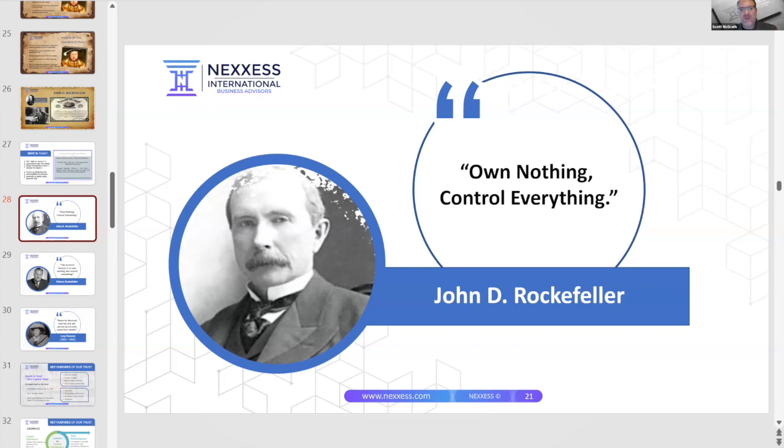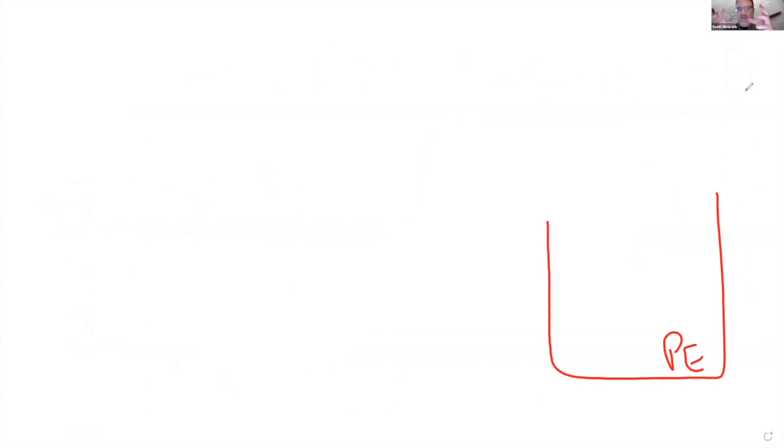Okay, I'm going to share my screen. I'm going to go over another concept I think is important for you to see. I'm going to draw out the personal estate. Remember, if someone died, anything they owned would fall into their personal estate, and that probably ends up in a courtroom. When they die, everything goes into the court and goes to probate. The judge decides where all their assets go, basically.